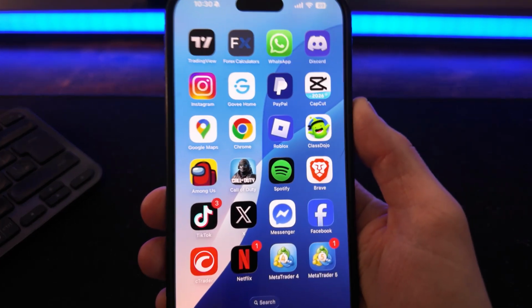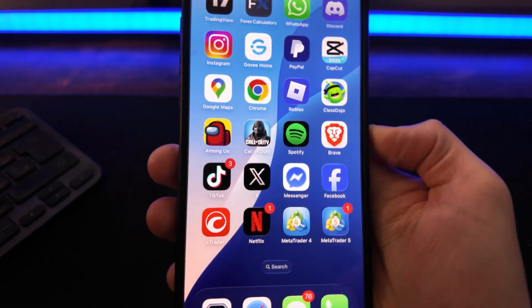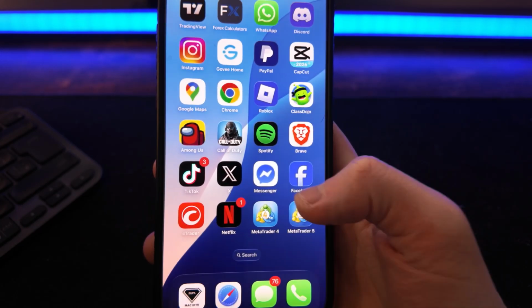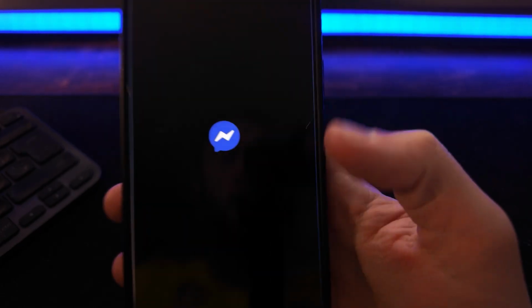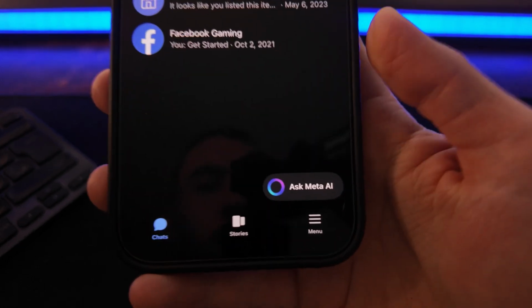In this video, I will show you step by step how you can fix unable to send on Facebook Messenger. So step number one, we want to head over to Messenger here. And then once we open that up, you then want to go to the bottom right hand corner, click on